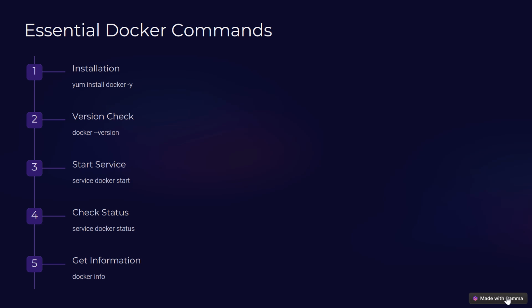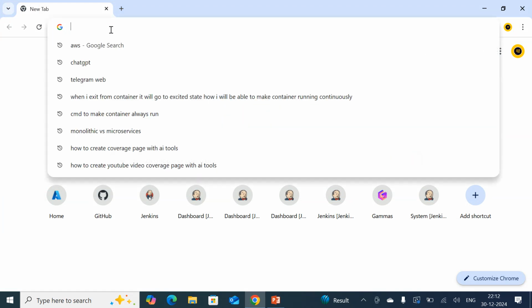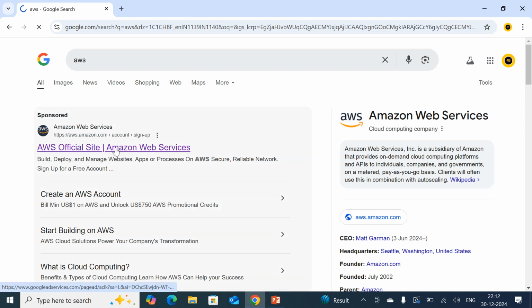These are simple basic commands, and we have a lot of commands while working with Docker, so we can discuss them in detail in the lab session. So quickly, I'm going to create the EC2 server in order to install Docker. Let us open Google Chrome. I'm going to open the AWS console. Just click on the first link